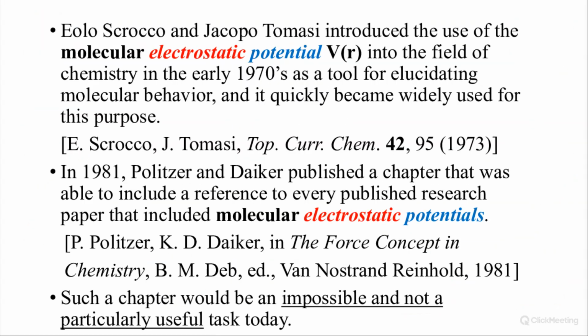I would like to start with, again, I'm really talking about 50 years of the use of the electrostatic potential in chemistry and related fields. It was Eolo Scrocco and Jacopo Tomasi who introduced the use of the electrostatic potential in the early 1970s. And this was when you could compute the electrostatic potential with Gaussian 70. Many of you perhaps don't even know there was a Gaussian 70. But anyway,